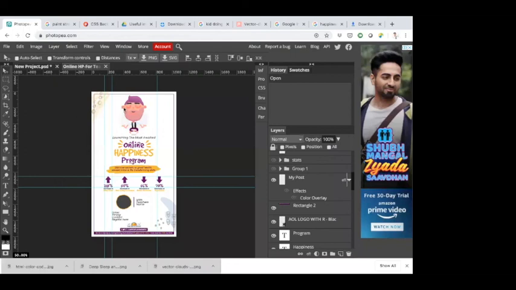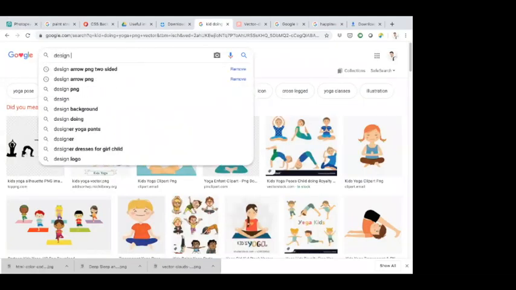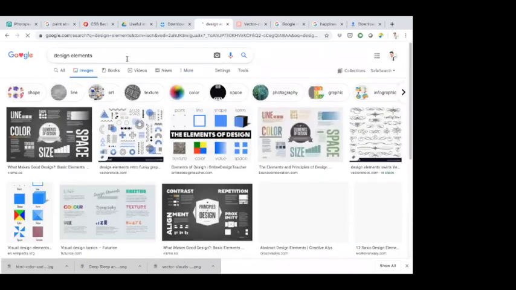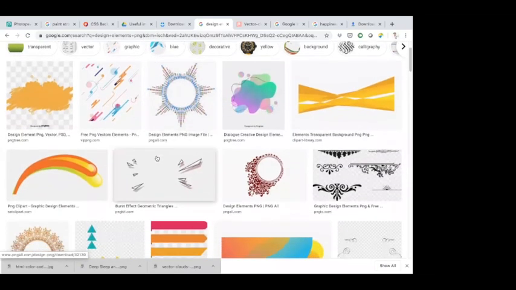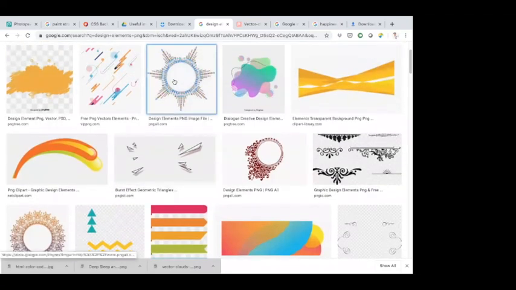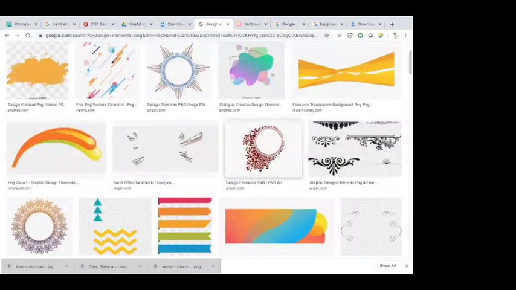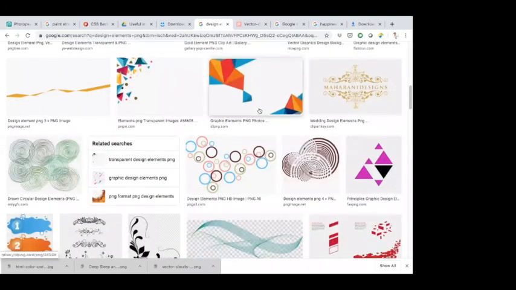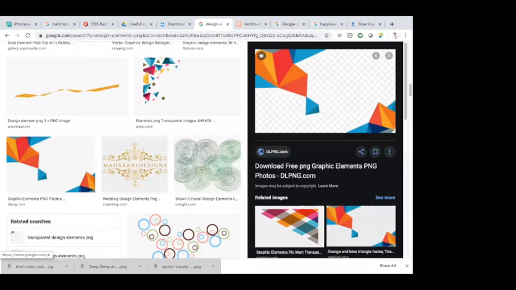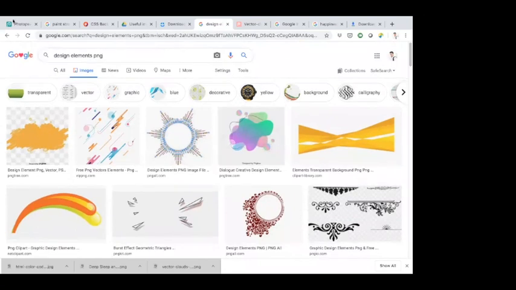But what do you Google? Like, what is the keyword to search such kind of nice graphics? One thing which I generally search is design elements, PNG. Can you see this? Okay, great. If you take this, you can actually put something in the center. You can put the dates in the center or something like that. This can be used as a border. So this is another graphic which you can use, top left and bottom right. So that is something which I generally Google and get the things.